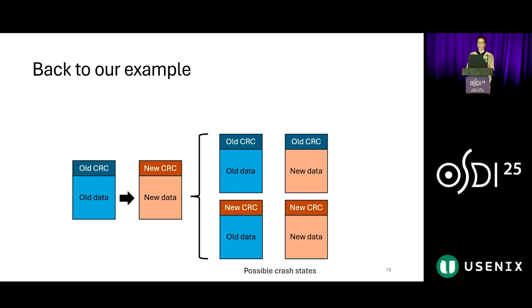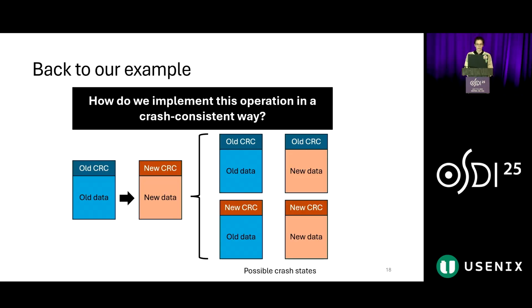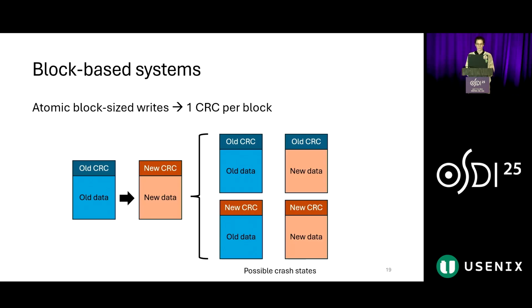Now, let's go back to our example for a second. We just looked at how we can prove that an implementation of an operation like this is crash consistent, but we do need a crash consistent implementation to do that. And as I mentioned at the beginning of the talk, this can start to get pretty challenging when we're looking at persistent memory. If we take a look at traditional block-based systems first, this hasn't been a big problem because